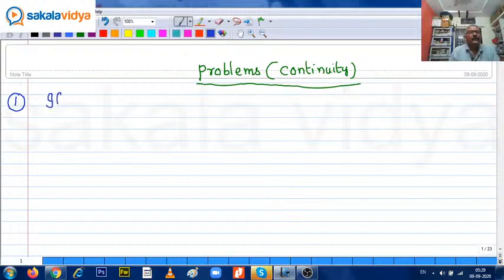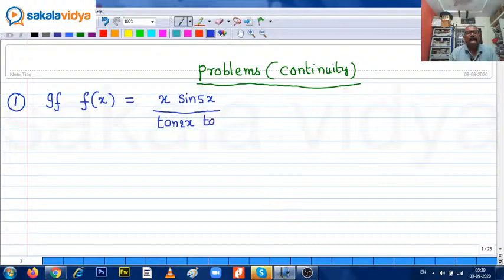If f of x equals x times sine 5x upon tan 2x tan 7x, x does not equal 0, and f of 0 equals 5 by 9, then